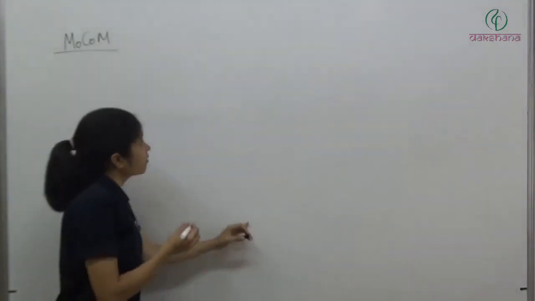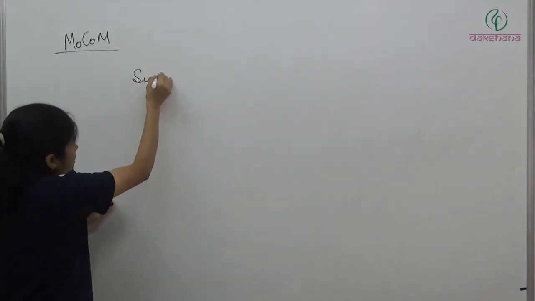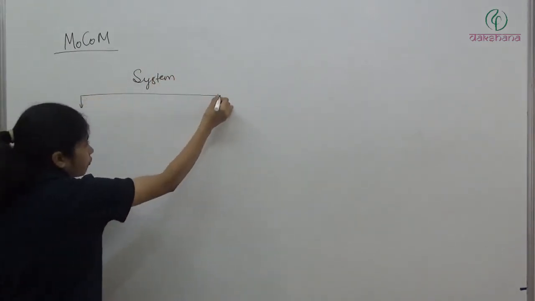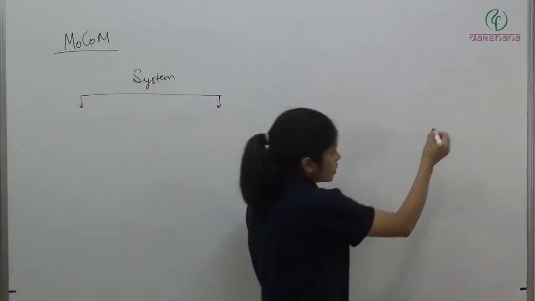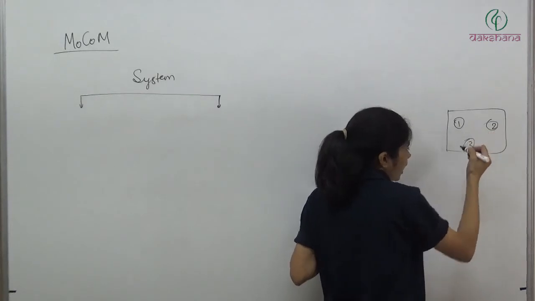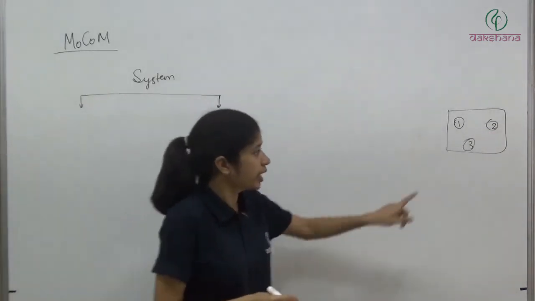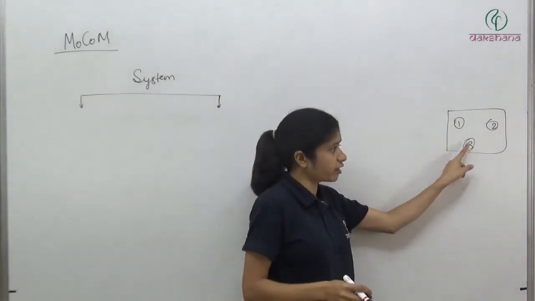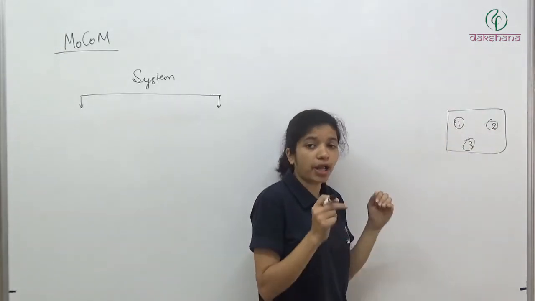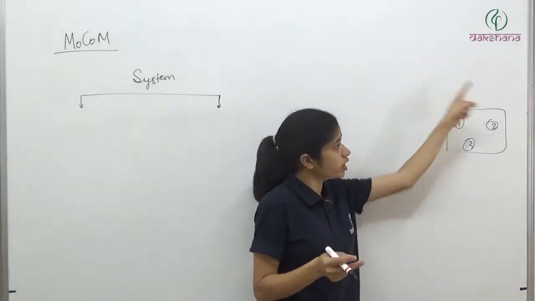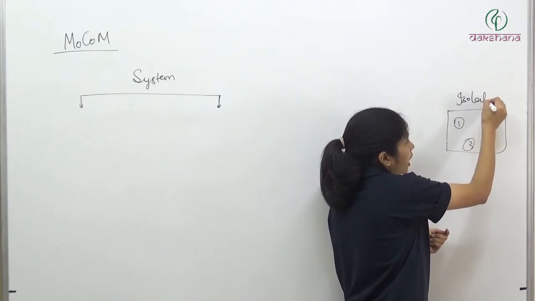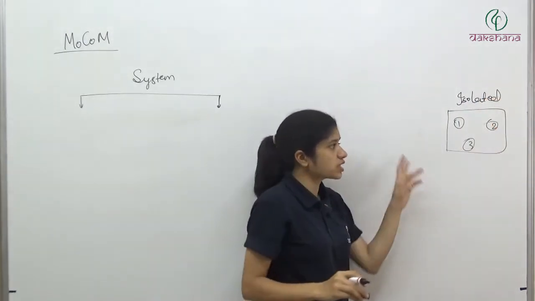So if we have a system, clear? So there will be some forces acting on it. Maybe the net force on the system is 0. Like we can have a system where we have many particles, let's say for now 3 particles, and they are interacting with each other. It is applying some force on this, and similarly it will apply a force on this. All these 3 are interacting with each other. They are applying force on each other. But now if you see from outside, this system is isolated. You are not applying any force externally. So this system is isolated.